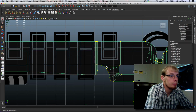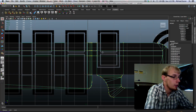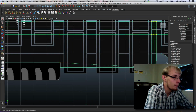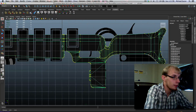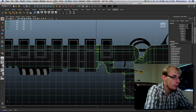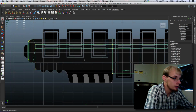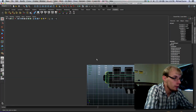So let's see where I am. I'm at 25 minutes. What can I do from here that'll end within an hour? I've got this done. I'm doing this as a separate piece. I'm doing these as separate pieces. I think I've actually got the primary weapon done for now. So I want to fix up some of this topology. Oh, shoot. This is going to be a different